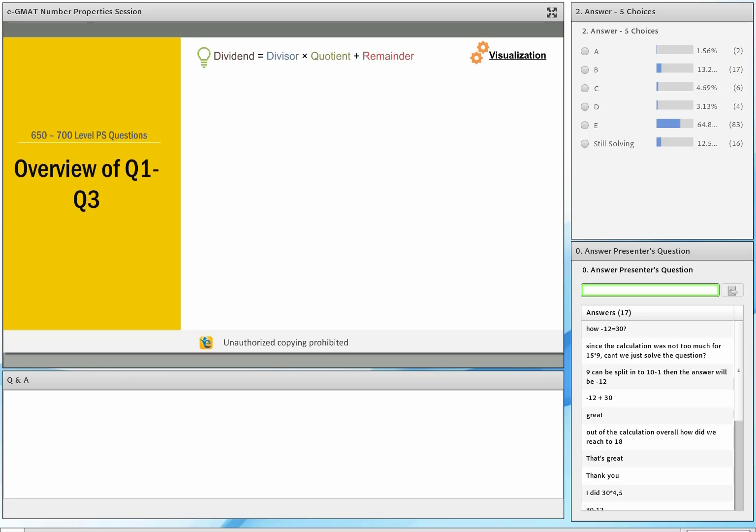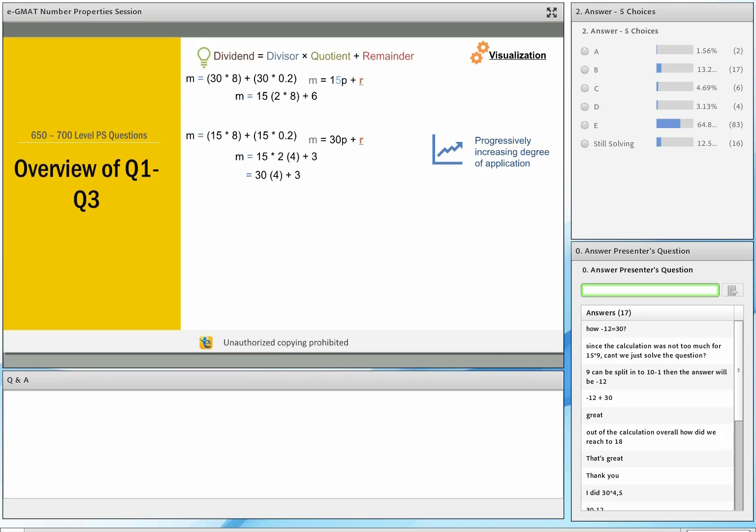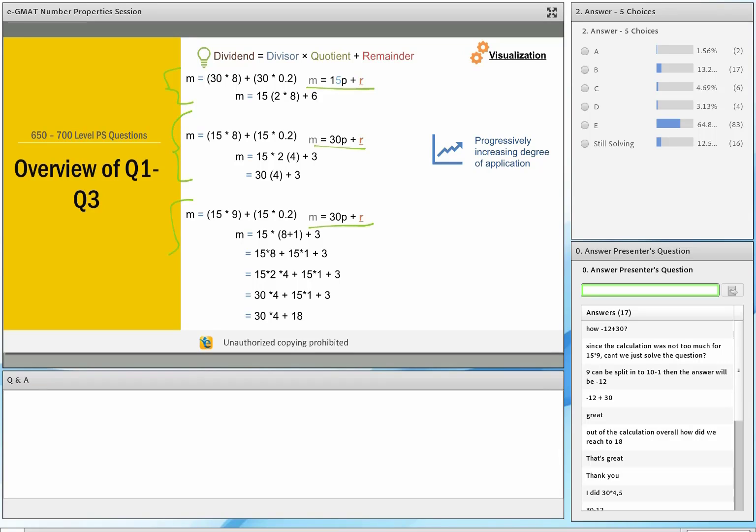Here we increase the difficulty level a bit more, right? And again, we saw in the first one there was much less manipulation. In the second one there was a little bit more. In the third question there was a bit more manipulation. But overall, the overarching theme here is recognizing what you need, right? And then determining your approach, and then applying the process skills appropriately in order to get to your solution. That is what we are doing here.